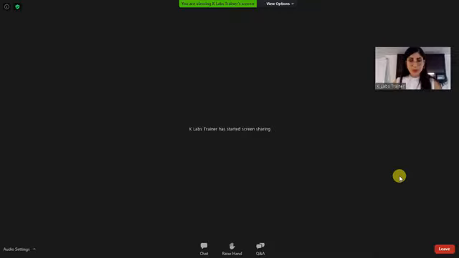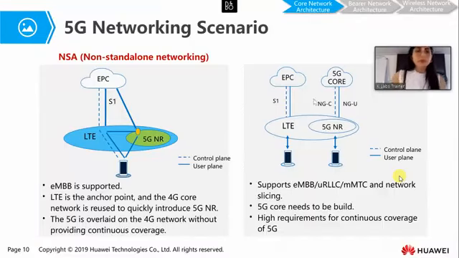I'm going to share the slide again so we can see the reference on the slide. So here, as you can see, option 3x is represented.